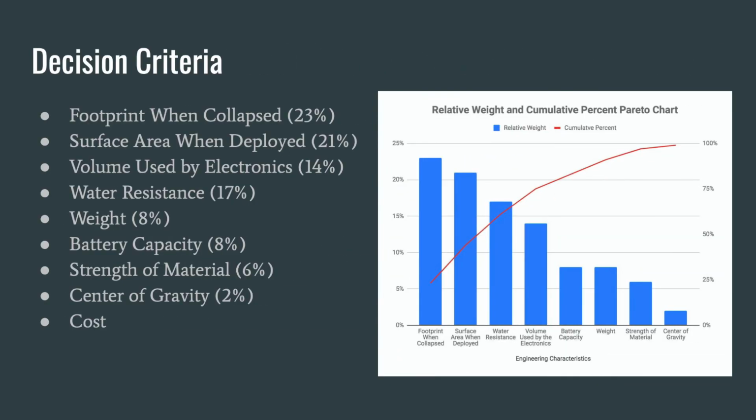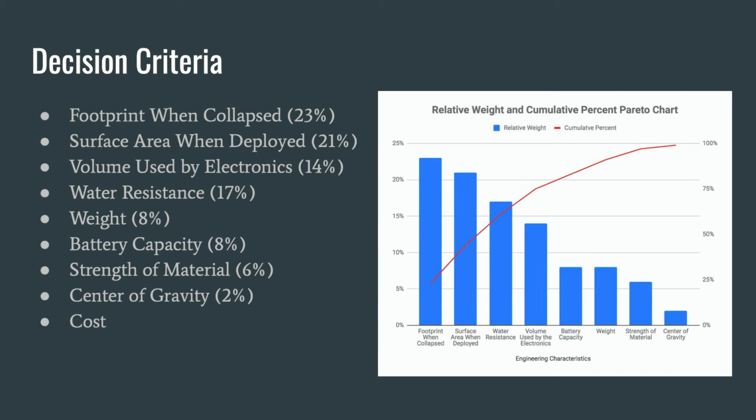For our pugh chart, we decided to use all of the engineering characteristics from the House of Quality as our decision characteristics, with corresponding weight next to each one. As you can see, we have footprint when collapsed, which we want to be at a minimum, surface area when deployed, which we want to be at a maximum, volume used by electronics, which we want to be as small as possible to allow it to fit on all powered chairs, water resistance, which is important when designing umbrellas and canopies, the weight, which, as mentioned earlier, should be as low as possible to avoid draining the chair battery capacity,